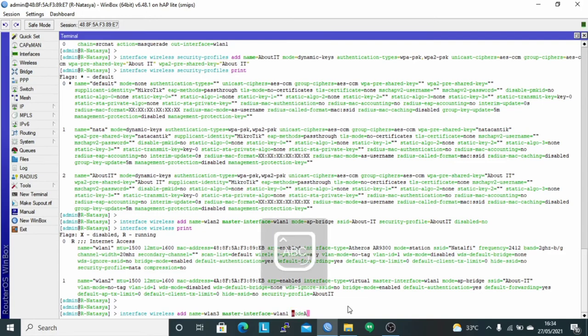Mode is AP bridge. SSID, here I create the SSID VIP about IT.